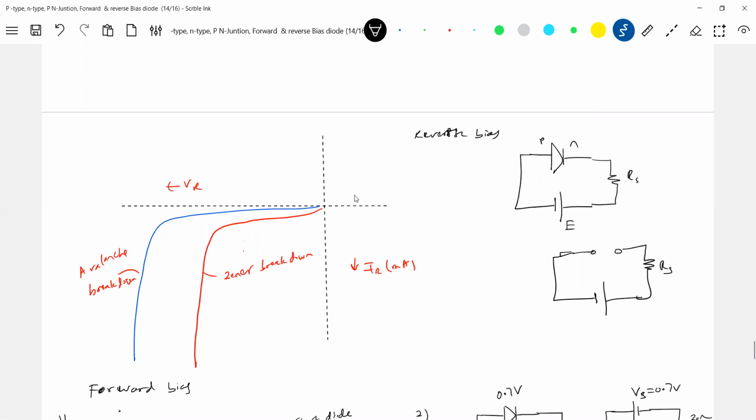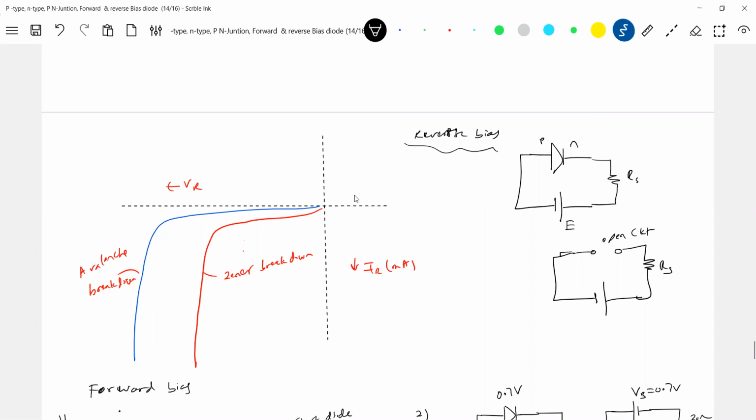And that current is due to what? Due to minority carrier holes and also minority carrier electrons, that is the I saturation. It will be very small, of the order of 10 to the power of minus 10. For our applications, we call that almost no current. If no current flows, it is an open circuit. Clear? A reverse bias diode we replace with an open circuit.